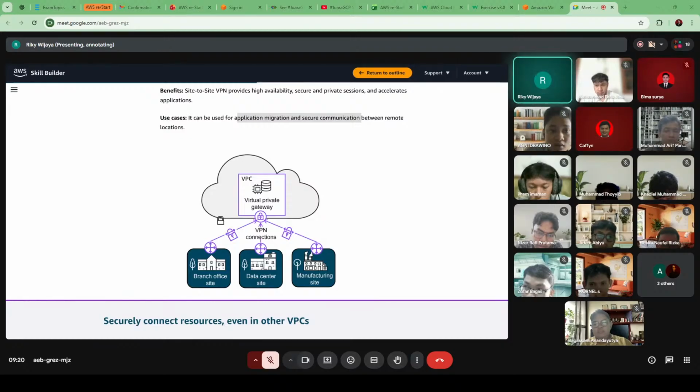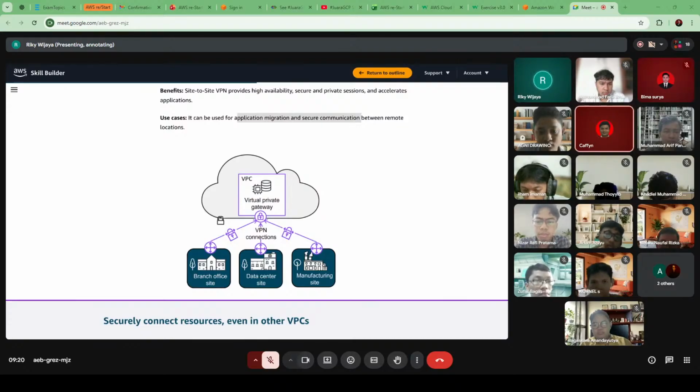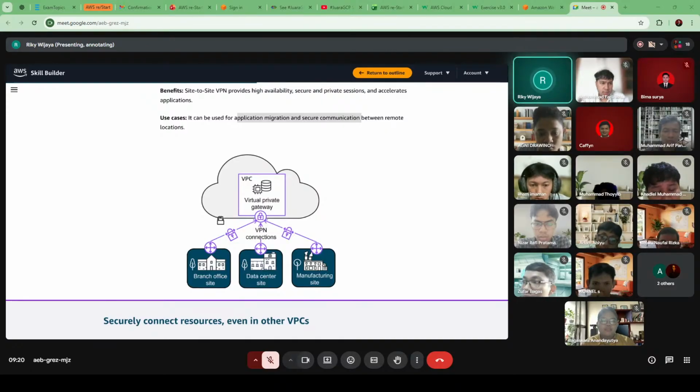Instead of site-to-site, we can actually just use Direct Connect to the branch. Yes, of course, you can. The site-to-site, you see it like